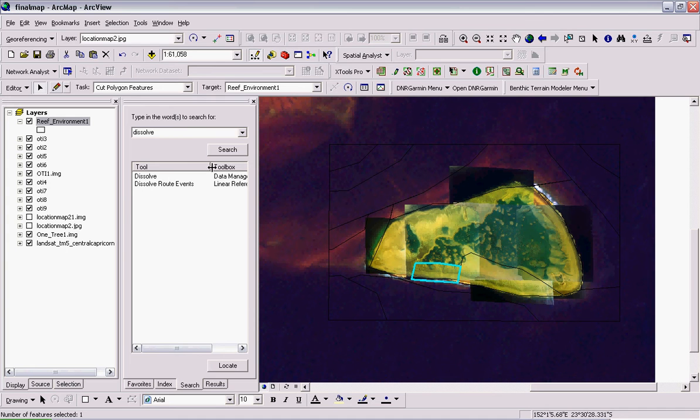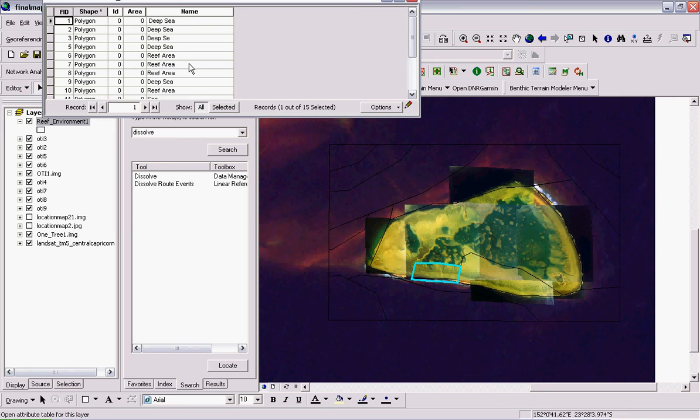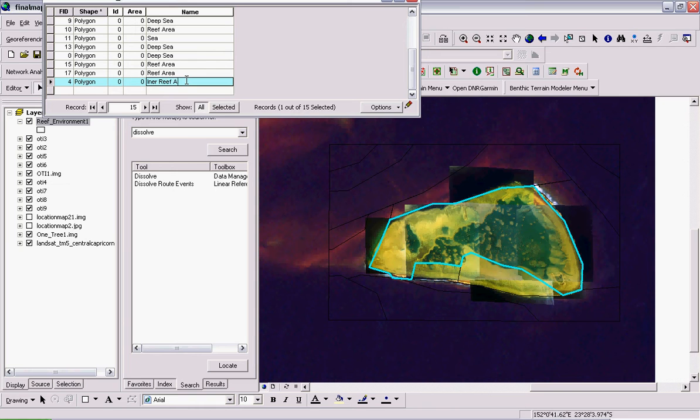So what I was saying is that I've started naming the zones, and it's now just entering reef area for everything I'm doing. So if we call that inner reef area, it's quite important that you name everything correctly and the same, because when you dissolve it will be based on the letters used. It will also dissolve things that are next to each other. So if we say this is inner reef area,